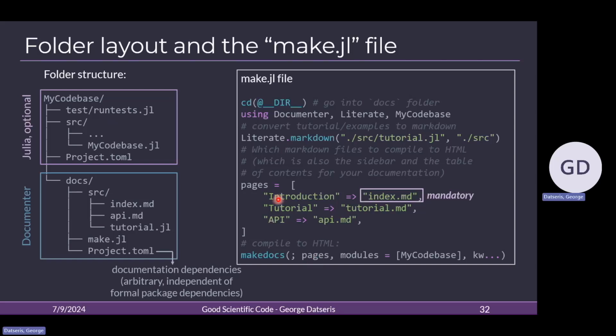The pages, and modules, which are all the modules from which we want to extract documentation strings. And Documenter will only make sure to use doc strings from these modules. So if you're referring to an external package, for example, you have to put it in there. And this function has many keywords as well, but that's it. And that's really all there is to it.